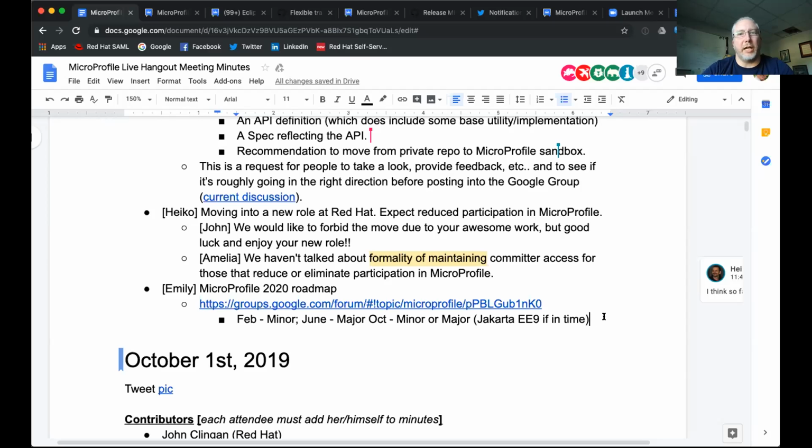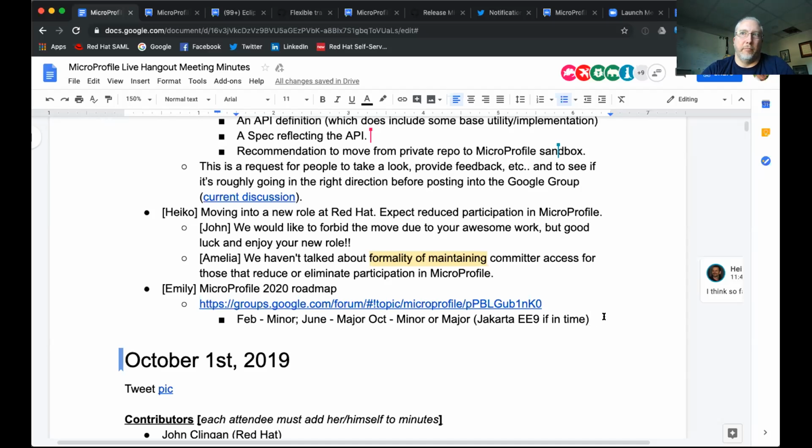Yeah, I don't know. I kind of consider MicroProfile's proven itself over the last 3 years to be able to sustain on its own. Right now, Jakarta has to prove that it can live on its own, and then if it can, then we kind of talk about how we work together to do stuff.